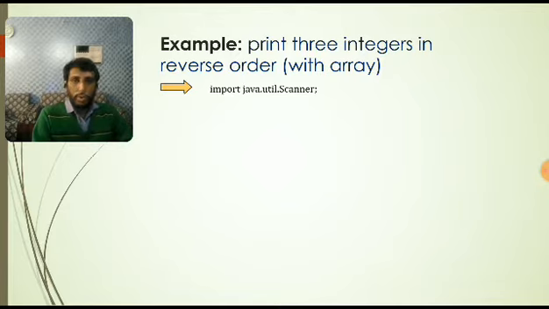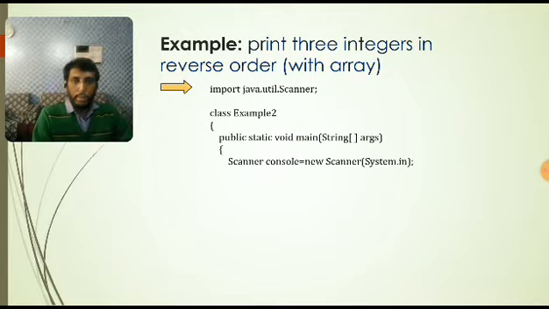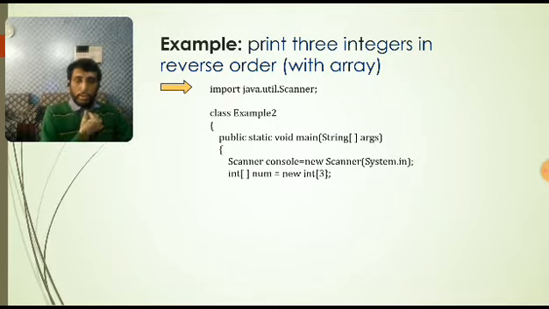So import java.util Scanner class, example 2, and then main method, and inside main method an object of the Scanner class is created. Then look at here how we are doing it. So int and the big bracket. This big bracket is notifying that we are going to put some values over here. Array means group of elements. Many data are kept into one box, that is called array. So here int big bracket num, and then new int, and 3 is given in the big bracket, meaning this array will carry 3 values.